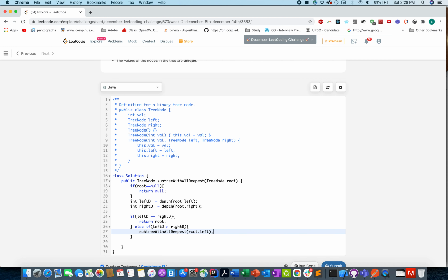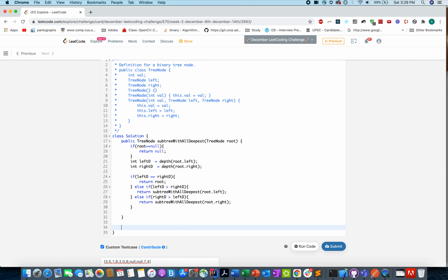And otherwise, for the case when the right depth is greater than that of the left, we will invoke the similar method, the subtree with deepest leaves, using the right pointer. Also return, I missed the return statement here.